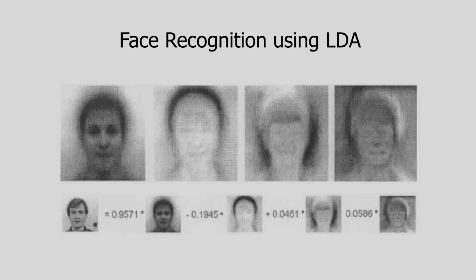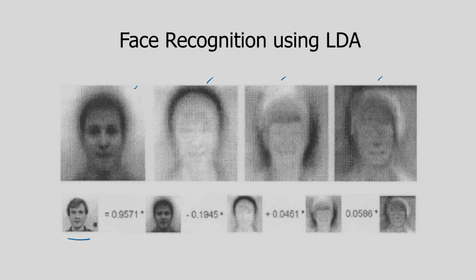Now, in case of the PCA, we have seen how to recognize a particular face. The face recognition using PCA, that concept already I have explained. That means any face can be expressed as a linear combination of eigenfaces. You can see I am considering the eigenfaces like this. In my class I have explained how to determine the eigenfaces, and any face can be represented by a linear combination of the eigenfaces.